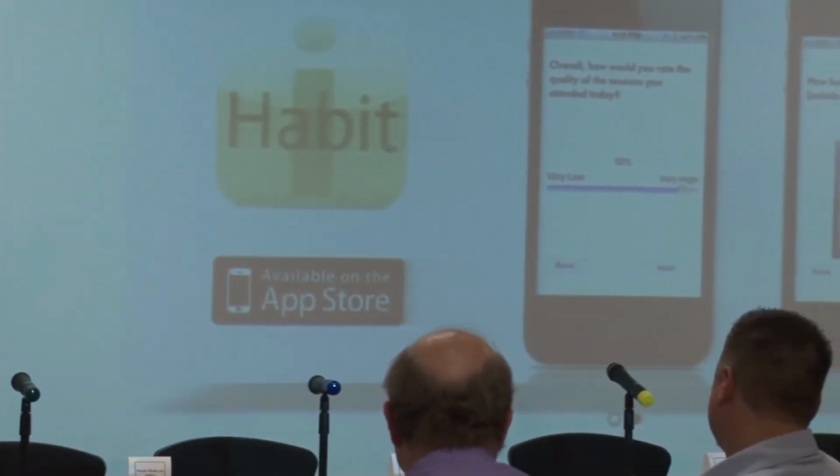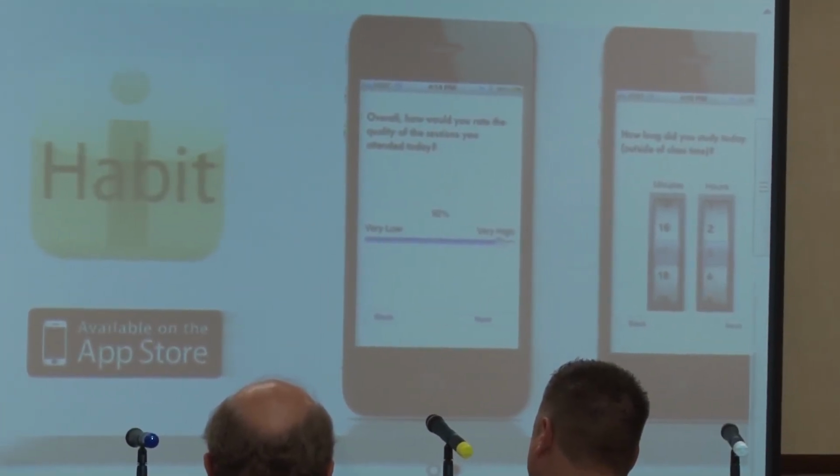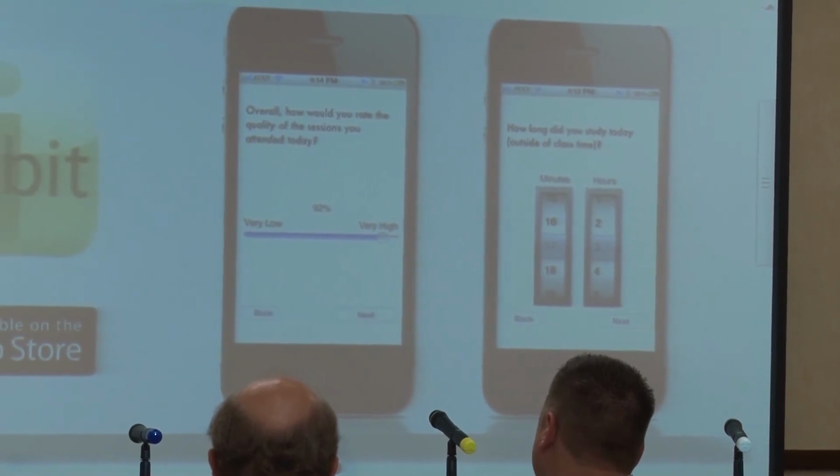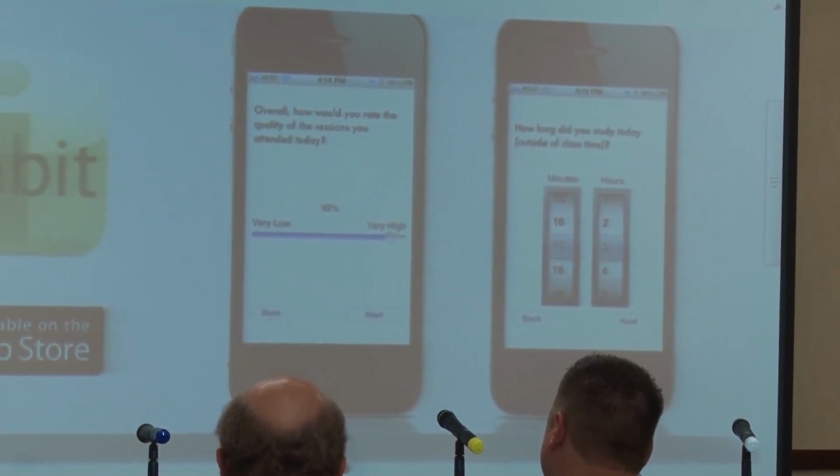And this is an example of something that we were pretty particular about what we wanted to achieve. If you can scroll over that way on the page a little bit, we'll bring those iPhones into view a little bit more. There we go. What we did was said, we want to do ecological momentary assessment, which is measuring how a person's doing around a specific subject in the actual moment.